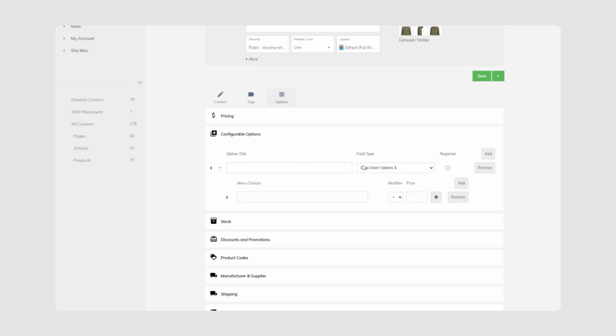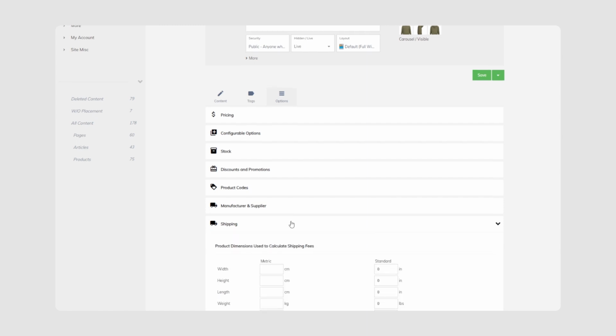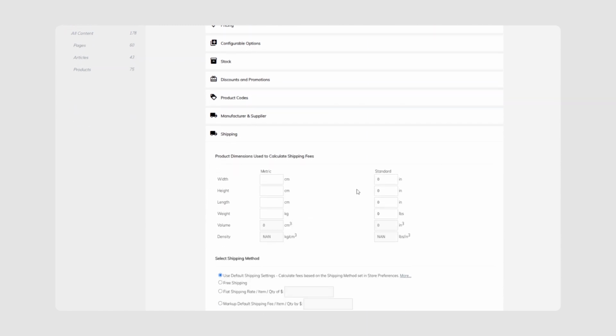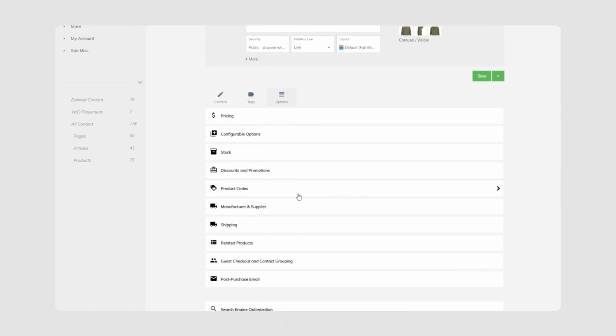This includes adding configurable options, such as a drop-down or text field shoppers can interact with. Or, we can even adjust the shipping settings for this product, ensuring the right amount for shipping is calculated in our checkout. There are a variety of settings here you can use to personalize your online store, customizing it to